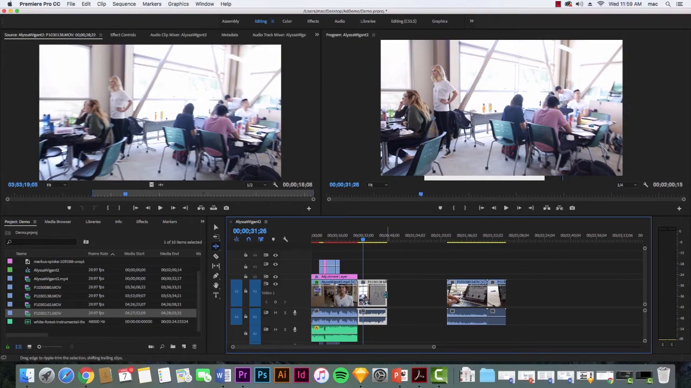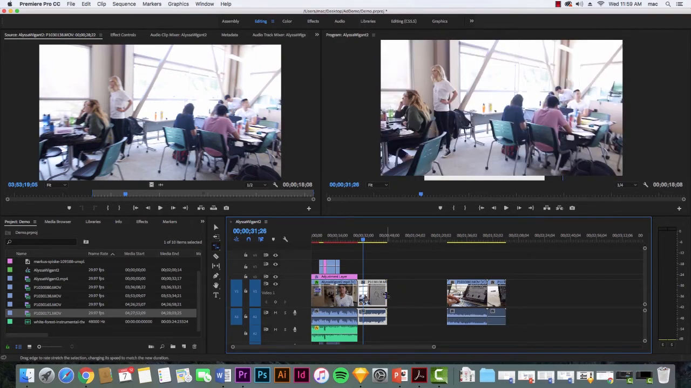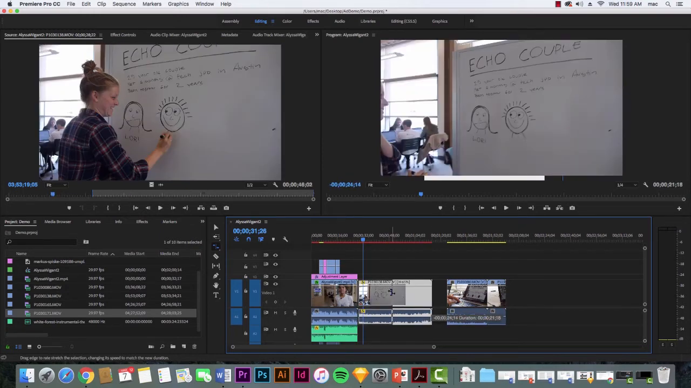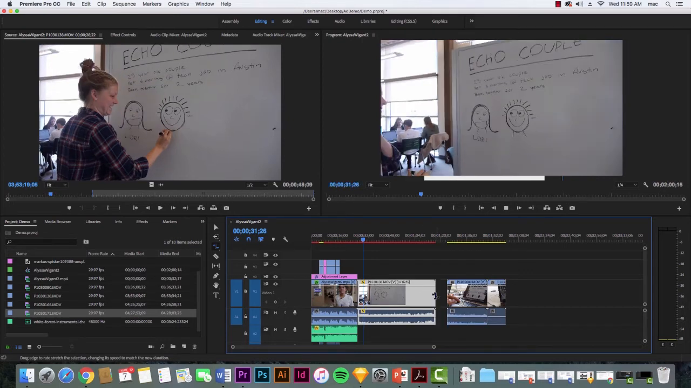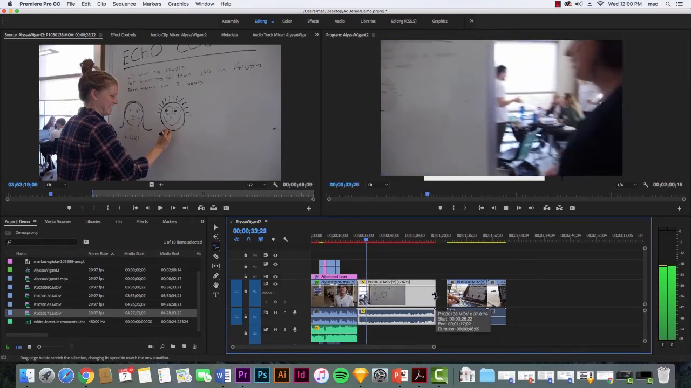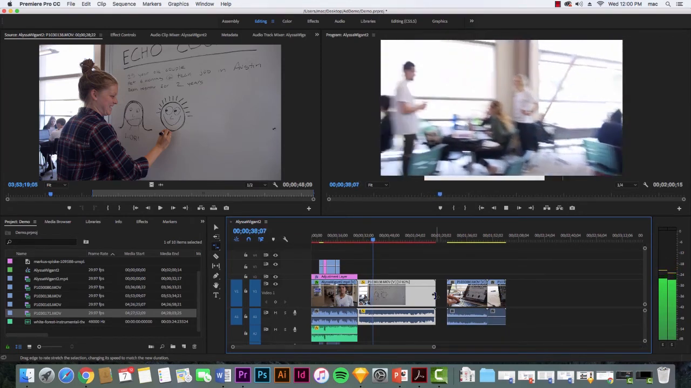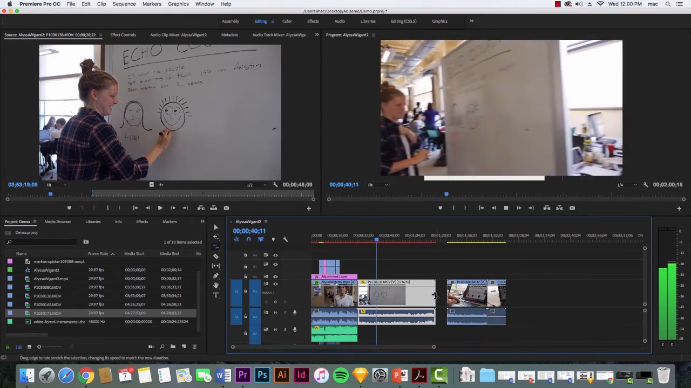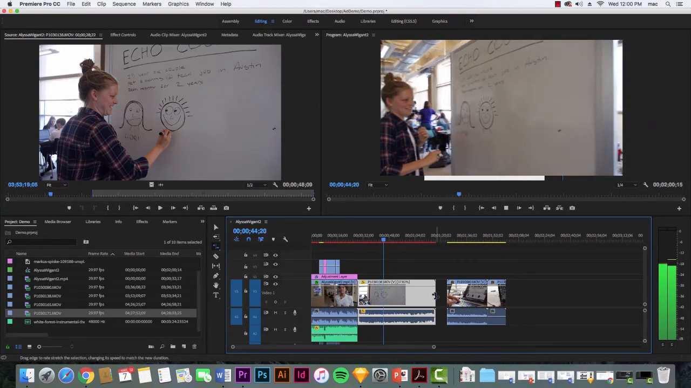If you wanted to make it slower, you would just pull it out like that. And you can see as I'm pulling it out, it's increasing the time. And now it's adding frames and making things much slower. I might want to render this out so it doesn't look so jittery, but we're essentially